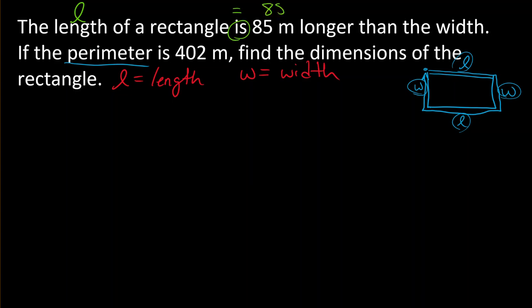So 85 plus the width, or width plus 85. So that's actually our first equation: L equals 85 plus W, or W plus 85, however you want to write it. The second equation: the perimeter is 2L plus 2W, and if the perimeter equals 402,